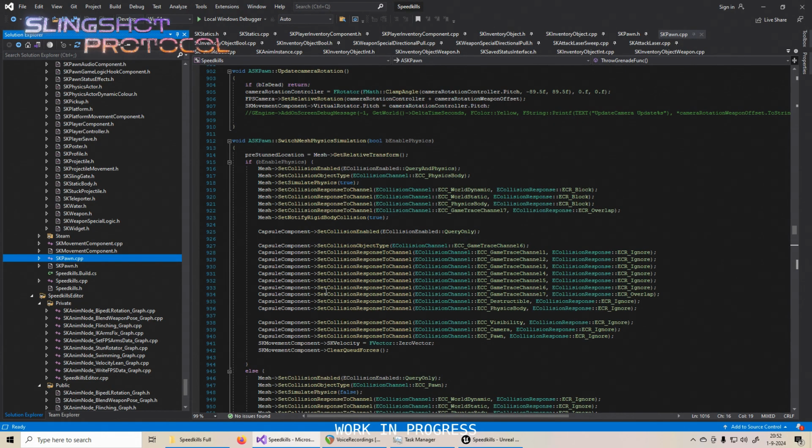vastly outpaces the performance. I mean, yeah, C++ games can run. There are so many C++ games on the market that can easily run at 300 frames per second. A very good example of a very well optimized game was the Mad Max game that came out years ago now.